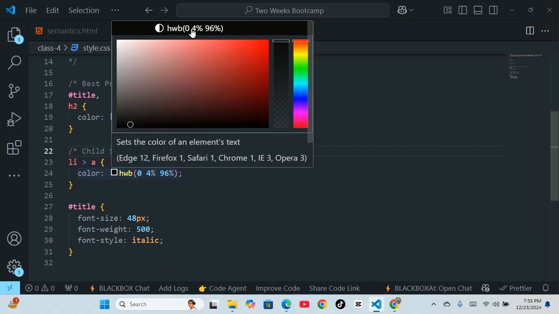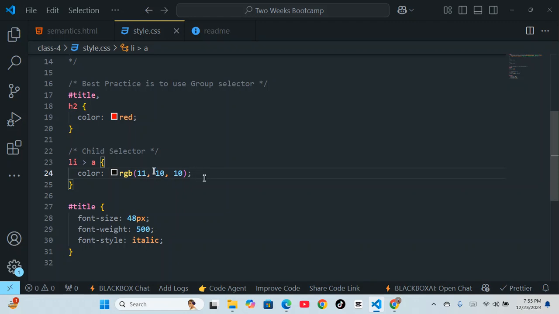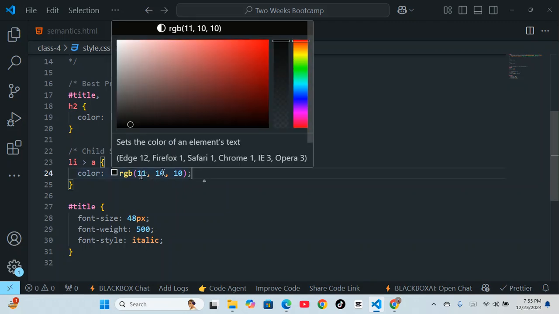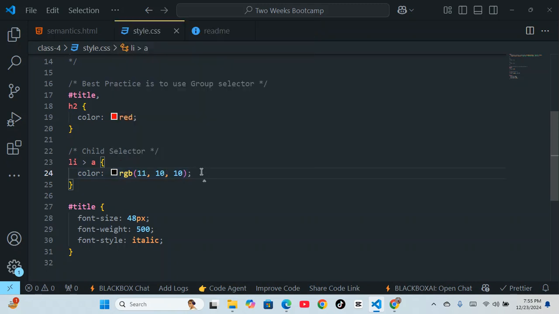So the equivalent of this hexadecimal code, you can have it in RGB, like this. Can you see? So you will have it like this. Very simple. So this represents the number of red, the number of green, and the number of blue color that were mixed together to form this black color. You get that now? And let's look at